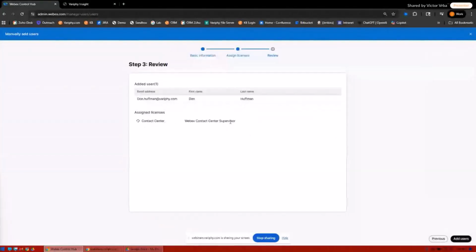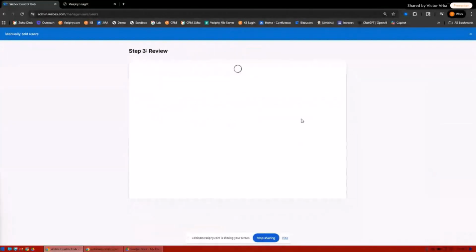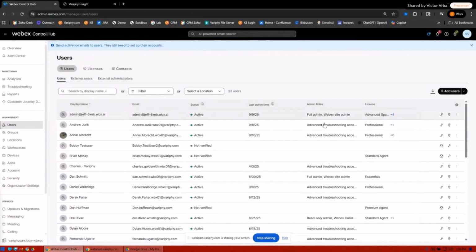We're assigning our license, Webex Contact Center Supervisor. There's our friend Don, and we're going to add the user over there. So Webex is going to do its thing. The user is now added. Fantastic. All right. So now that we've got our user added, we're going to continue in the